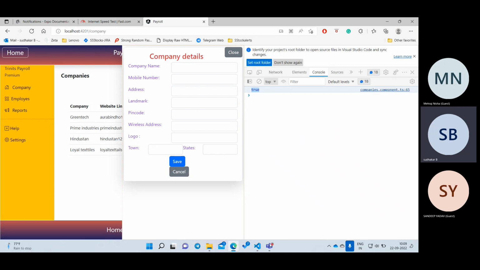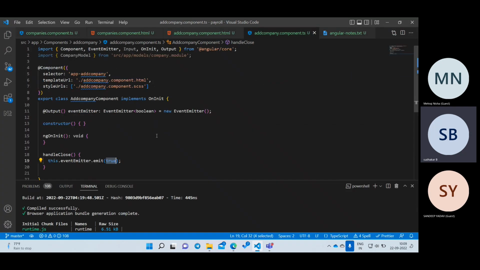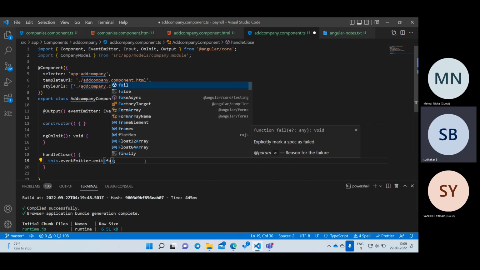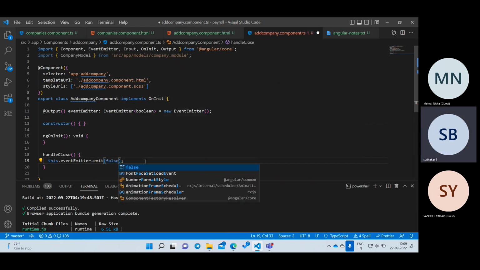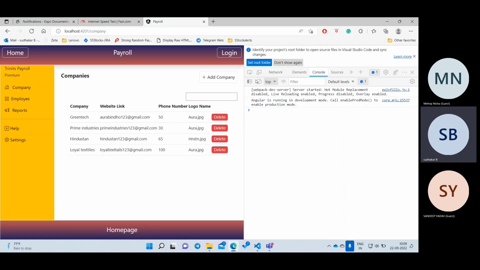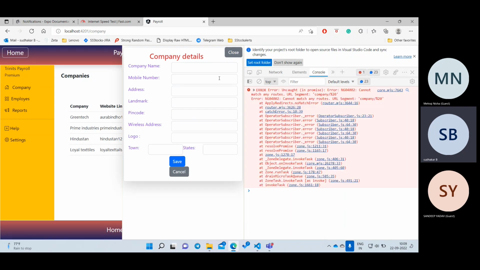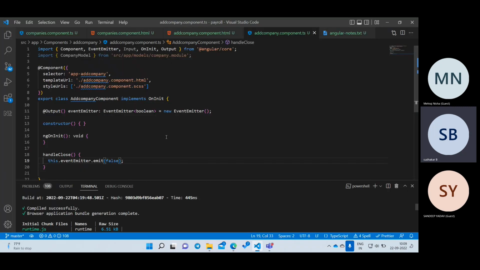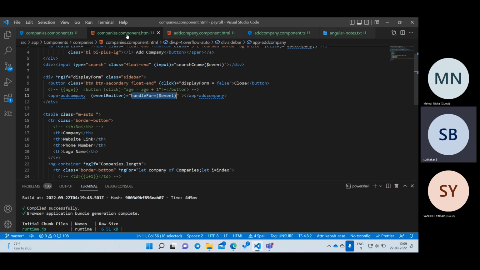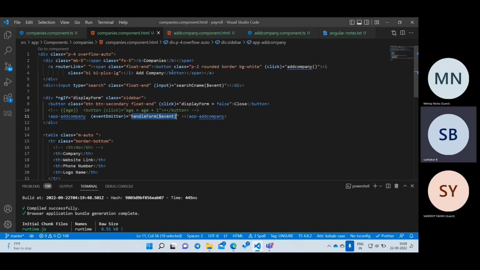So that means that now what I need to do here is go to the child component and pass the false. Okay, pass the false. Let us reload now. I'll click here and add company. I think he's adding a click event, he's using any, let us see here. Why are you using this anchor tag, man? Okay, that is the reason